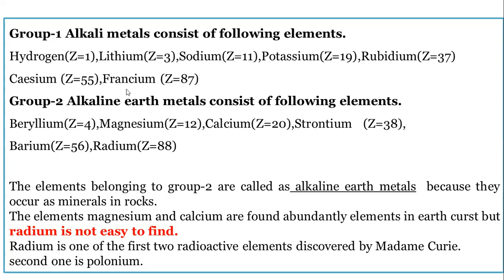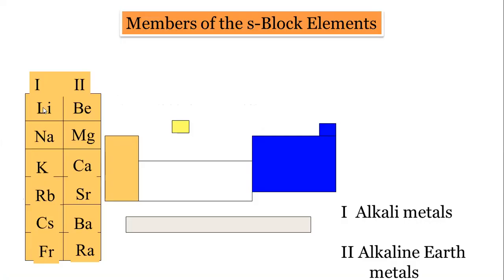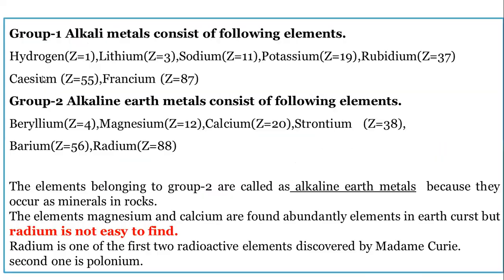So how to remember these metals? I have prepared one short form to remember these metals. Helena, that is, H for hydrogen, Li for lithium, Na for sodium, Ca-bra-se Ferrar, K for potassium, Ca-bra-se RB for rubidium, and Ca-bra-se Cs for cesium and Fr for francium. So this is a short form I have prepared to remember these group 1 elements, and for group 2 elements also